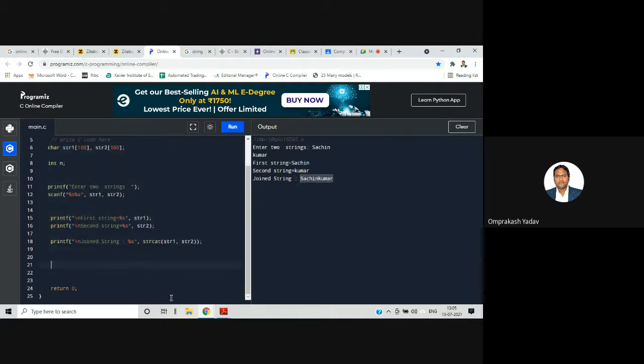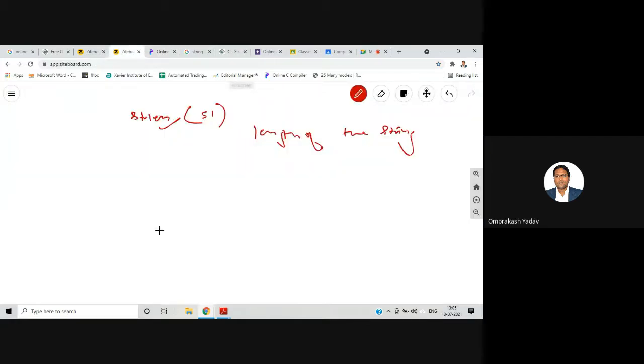So we have learned different functions: first we saw the strcmp function, strcmpi function, then the strcat function, then the strlen function.